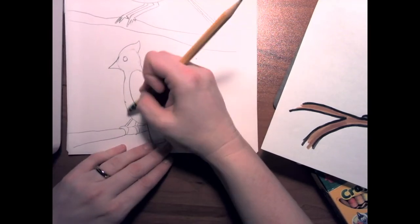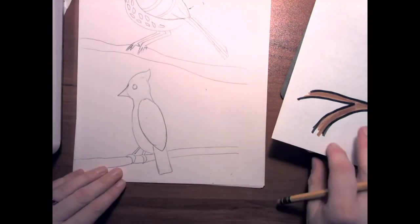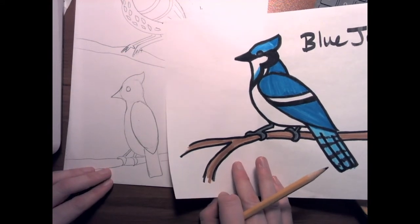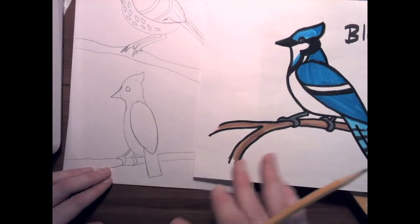I'll fix that extra line. Oops, hit my camera. And now we've got our blue jay to about the same size, with the same shapes and such. Now we need to add a little bit more of the details. He's got a lot of black in him, so we're going to add